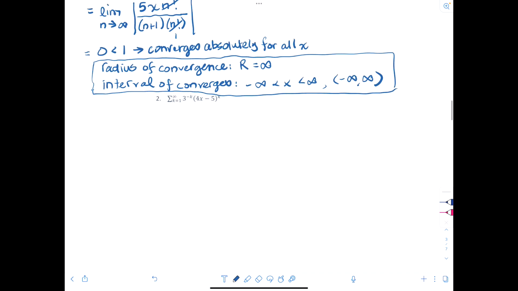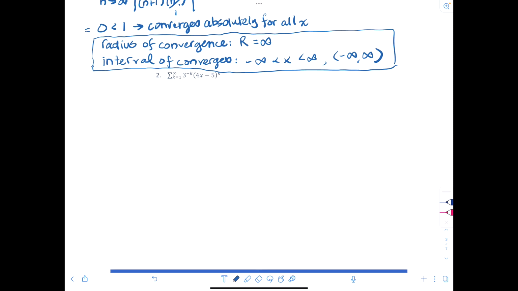and run. This is a geometric series because you could rewrite it as the summation as k goes from 1 to infinity. It's okay that it's not starting at 0. And notice that you have a 3 to the negative k. So you could put that 3 to the k in the denominator. And so really what you would have is you would have this whole thing, 4x minus 5 over 3 raised